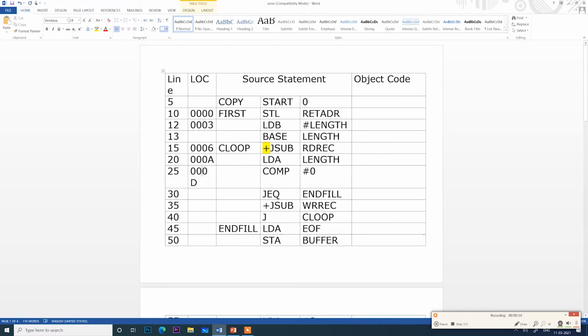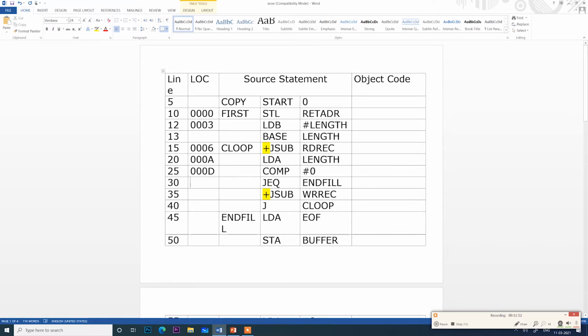This instruction, COMP #0, will occupy 3 positions, D, E and F. So the next instruction will be 0010.